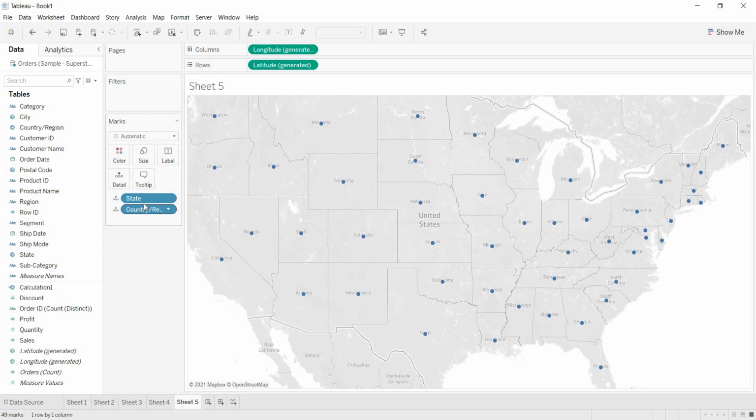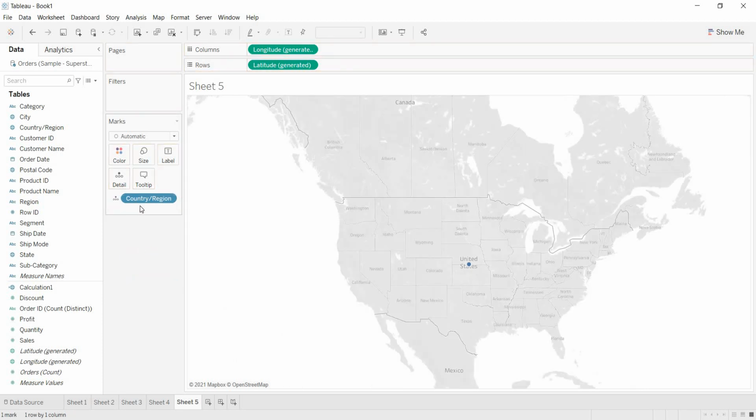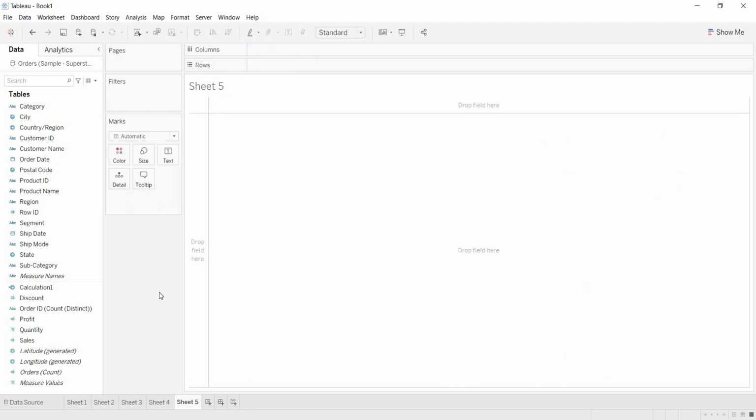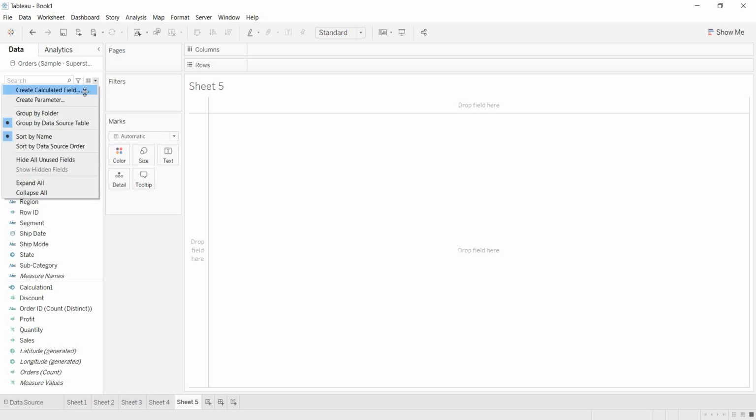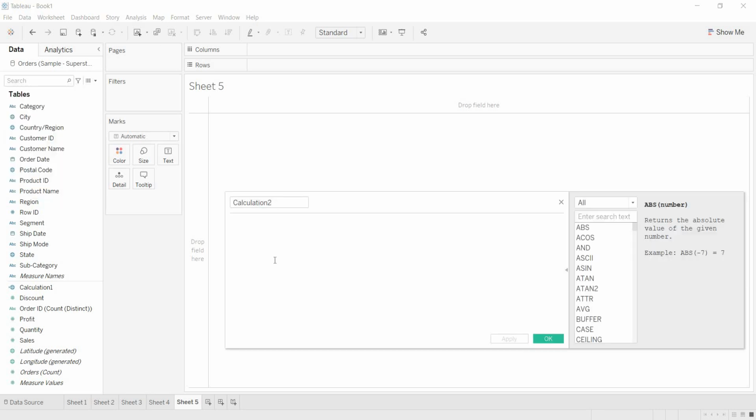Now here I'm using the same mark layer, and by using that mark layer we are going to build this layered donut chart. How to do that one? Just write a simple calculation here. What is that calculation I need to write?